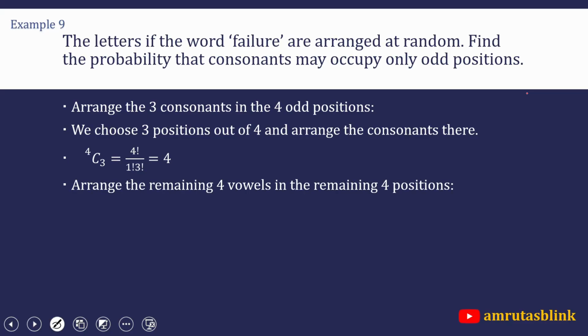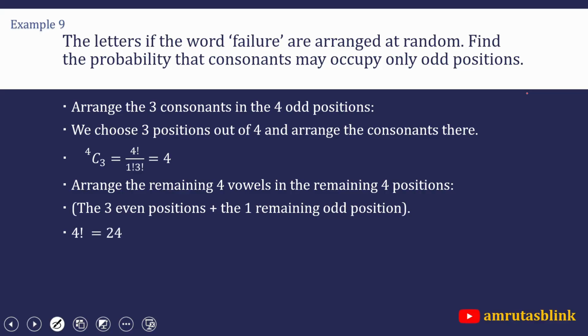Now once these 3 consonants occupy any 3 positions out of the available 4 positions, we need to fill the remaining 4 positions. So the remaining 4 positions, that is the 3 even positions and this 1 remaining odd position, are to be filled in 4 factorial ways, that is 4 into 3 into 2 into 1, which is equal to 24. So the total number of favorable ways is n of A, which is equal to 4 into 24,